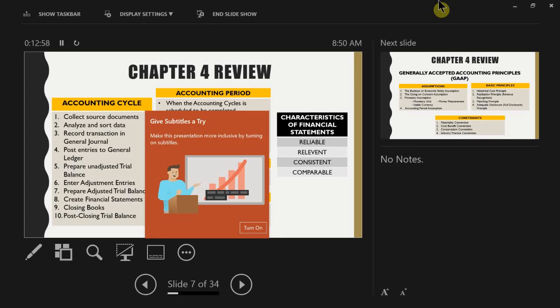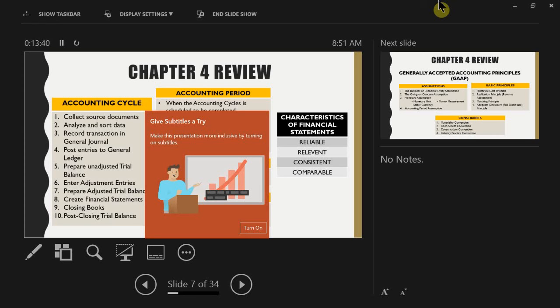Okay, so whether you start your accounting period on a calendar year, which is January all the way to December, or if you choose a fiscal year, depending on what kind of business you are, a fiscal year is any 12 consecutive months. And then, of course, we talked about the characteristics of the accounting cycle. I keep messing this word up. The 4 characteristics of the financial statements, which is they have to be reliable information,